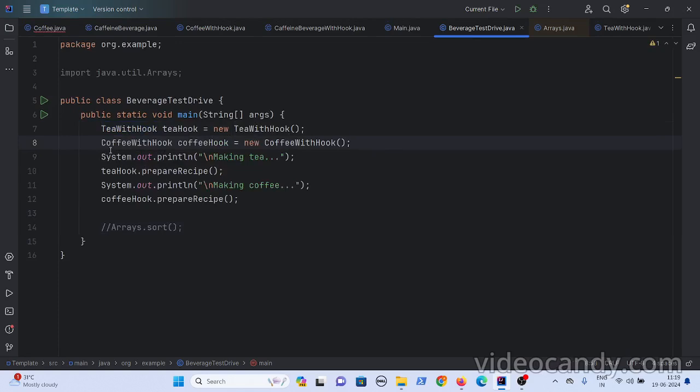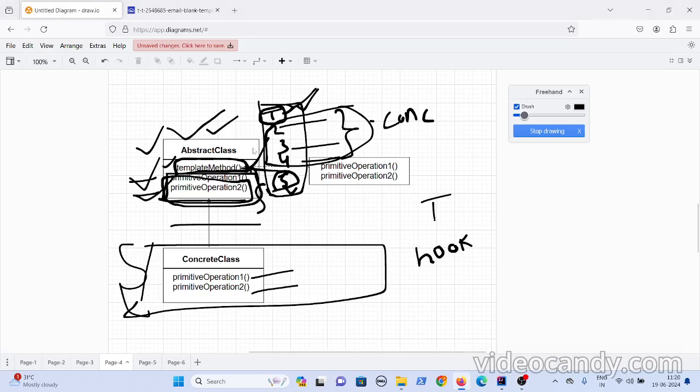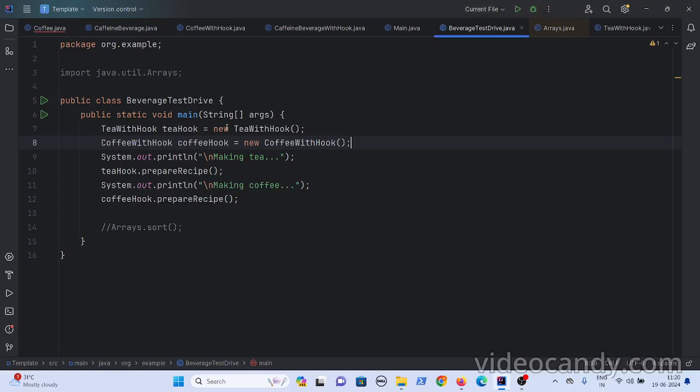Here, if you see, you are creating new instances of the concrete classes, because you never create instances of the abstract class, right? So you create an instance of your child class, and then you invoke the prepareRecipe method from your child class.